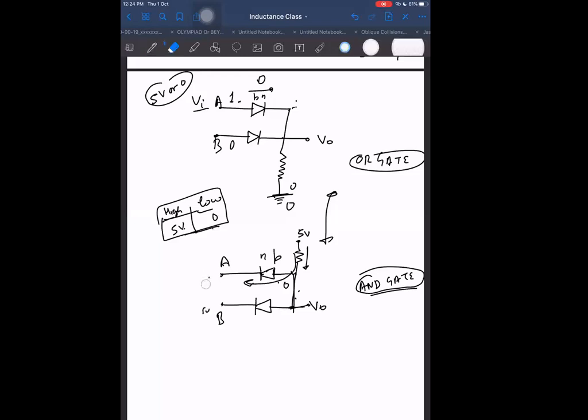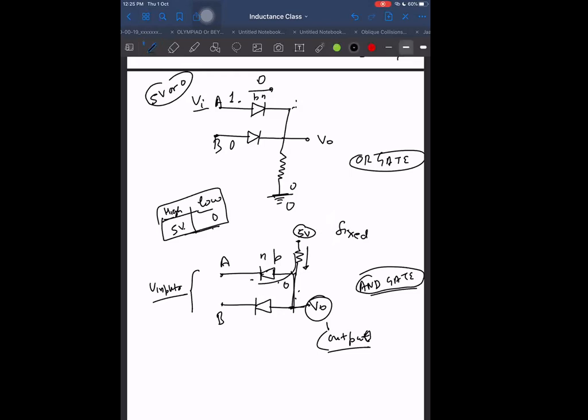No, sir, output, sir. Output of this is... what is this VO, what do you think it represents? This is the output. These both are inputs, two separate inputs. And this is a fixed value. I cannot change it, it is fixed. It is like some battery connected already on that side, a fixed voltage battery. Understood?